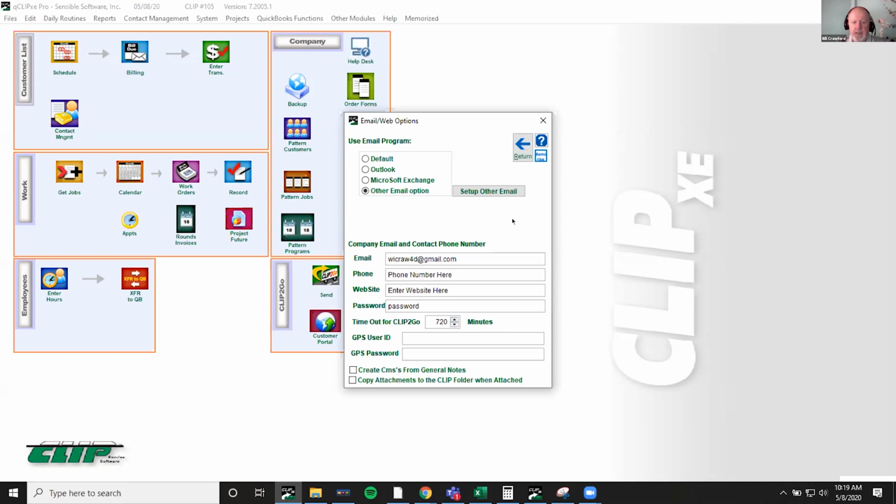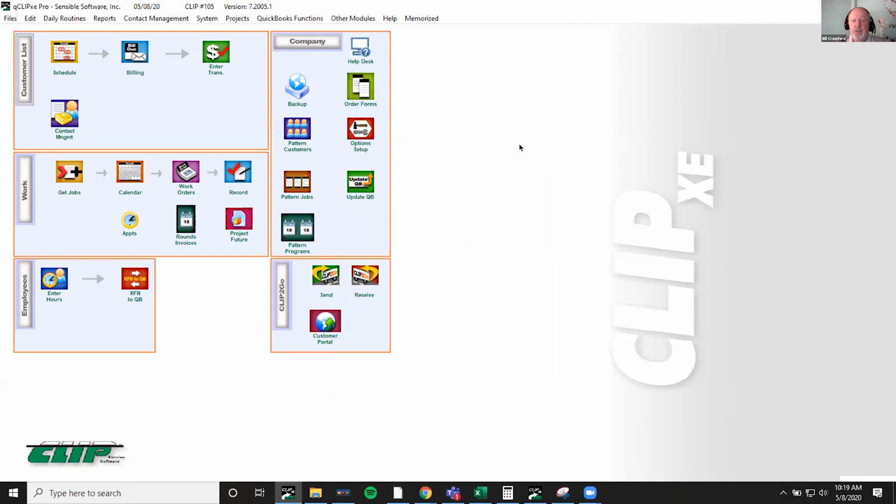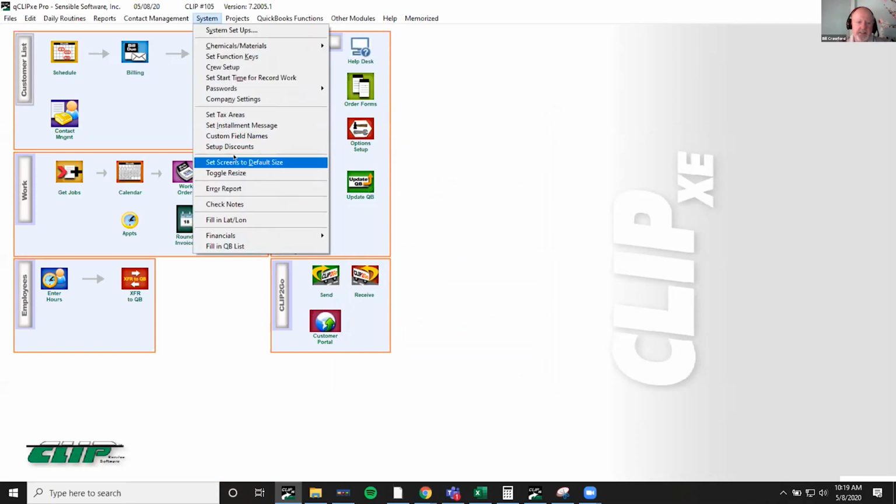Okay, so that means we're all set up and we're almost ready to go. If you have never used CLIP2Go before, there's one other thing you should do. Under System, there is an option here that says Check Notes. Now, I'm not going to click on it because this can take a few minutes to run. What this does is it goes through the notes, the route sheet notes, etc., and checks for certain characters that are used in programming, for instance, the ampersand and some others, because